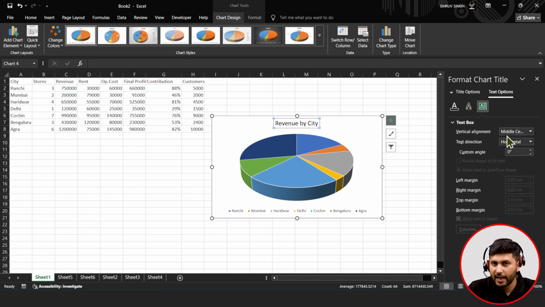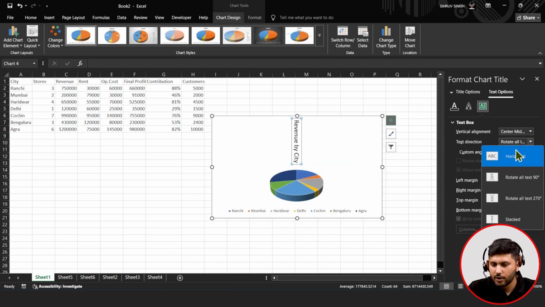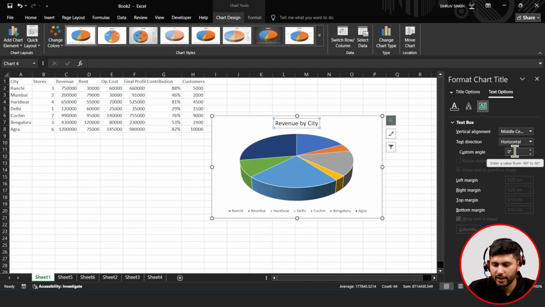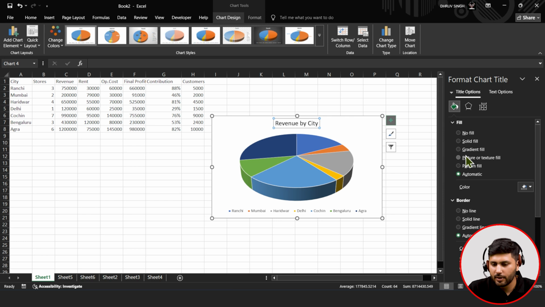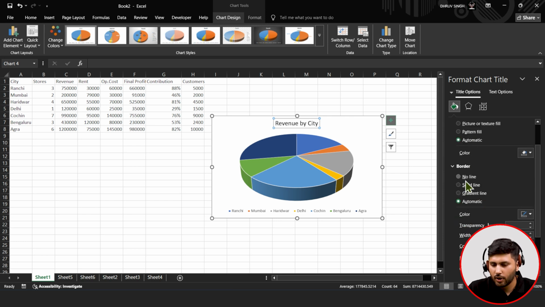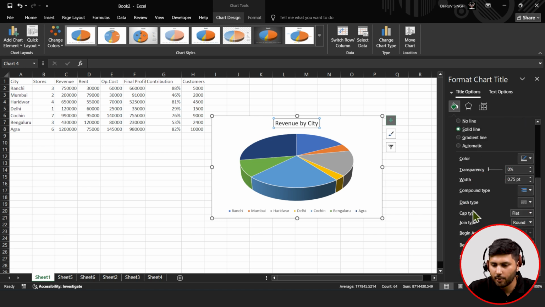You can see alignment of text is also available. Do you want the custom angle? Do you want it in horizontal? You want to rotate it to 90 degrees. So these sort of options are available that you can adjust. Other than that, the title options are available where you want to fill the title. Do you want the border on the title? Do you want any sort of solid line around it? Anything like that can be adjusted from here. So all the formatting related settings are available over here. For the title, if you want to go to text, you can adjust the